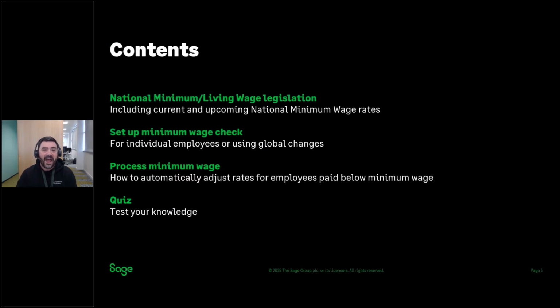Let's now take a look at what we'll cover in the webinar. So I'll begin with a brief introduction to national minimum and living wage legislation, which will include the current and upcoming national minimum wage rates. We're then going to take a look at the minimum wage check in Sage 50 Payroll, which you can use to check that your hourly paid employees are being paid above the relevant minimum wage. And we'll show how to set this up in terms of pay element settings and also applying that check to